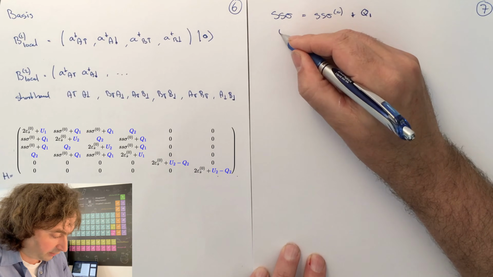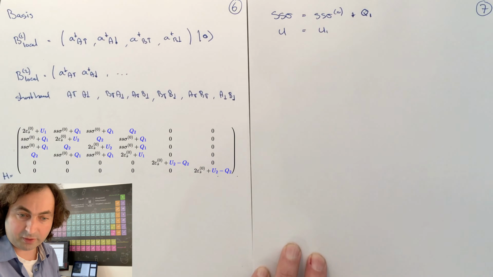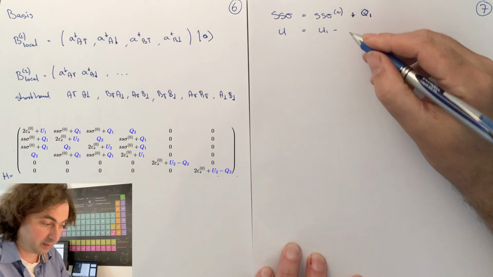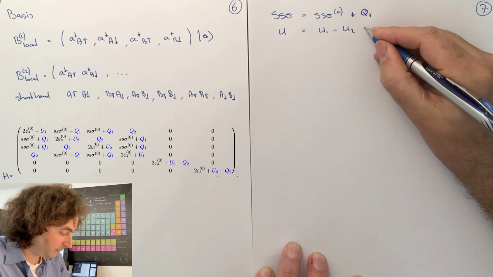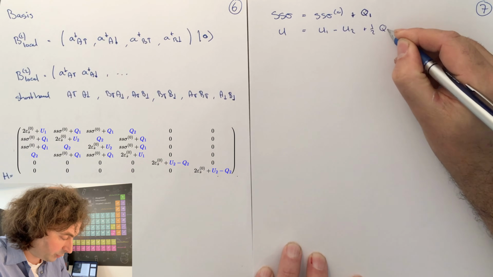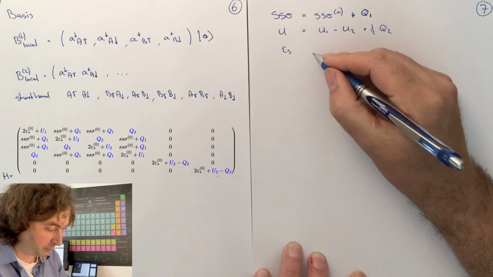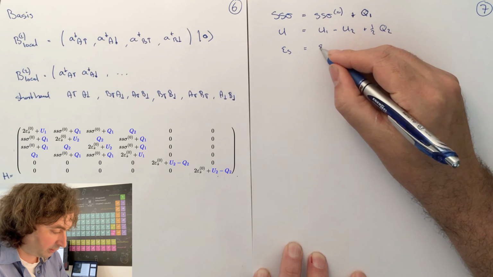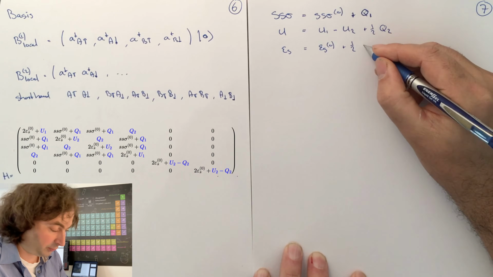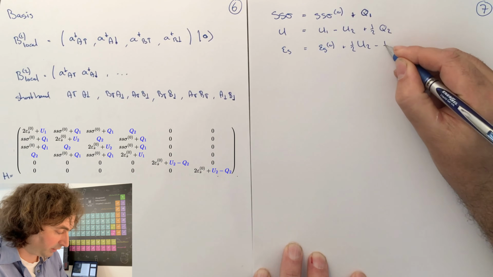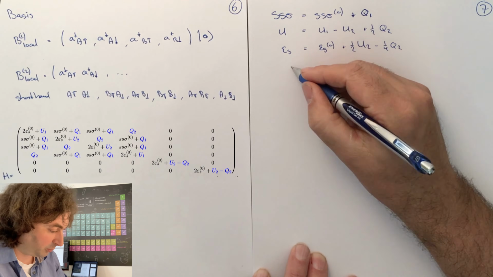Then I'm going to define U as the difference between the Coulomb interaction when 2 electrons sit at the same site and the Coulomb interaction when 2 electrons sit at different sites. And I'm going to do some of the exchange interaction in there, and then we'll define epsilon s as epsilon s 0 plus a half U2 minus a quarter Q2, and why we exactly pick this will become clear later,